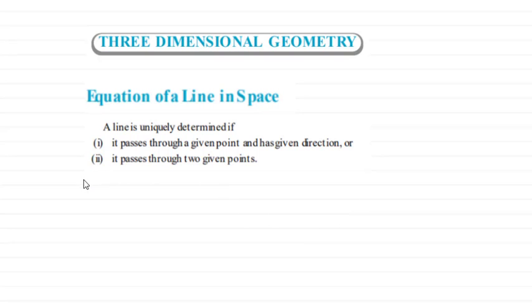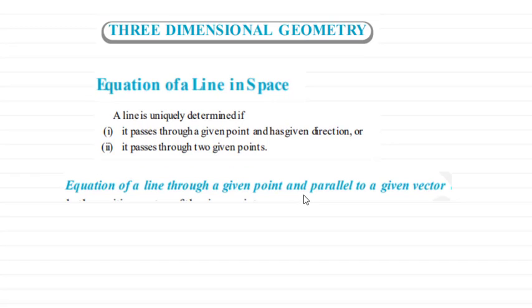And the second case is when it passes through two points. First we will discuss the first case, that is, the equation of the line passing through a given point and parallel to some other vector. So now we'll discuss the first case, when the line passes through a point and is parallel to the given vector. Let's say a line is passing through A,